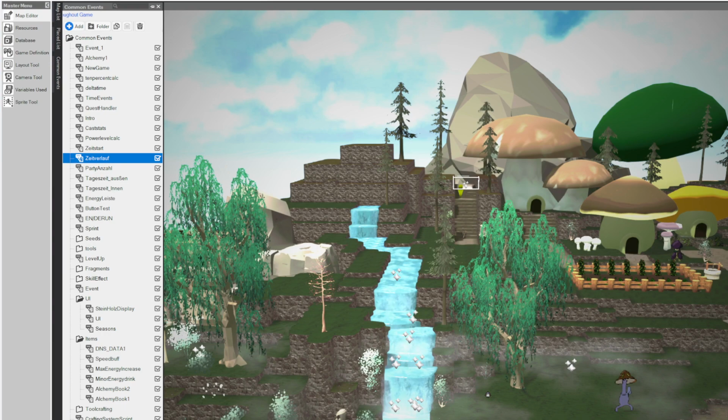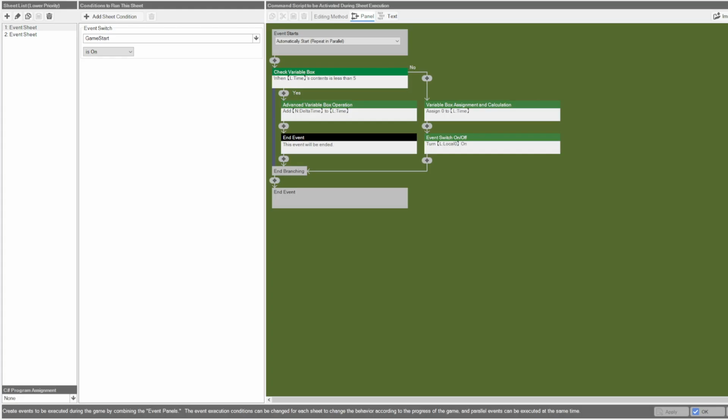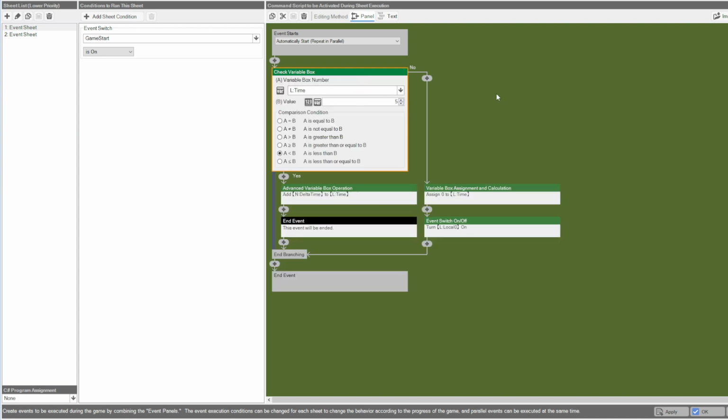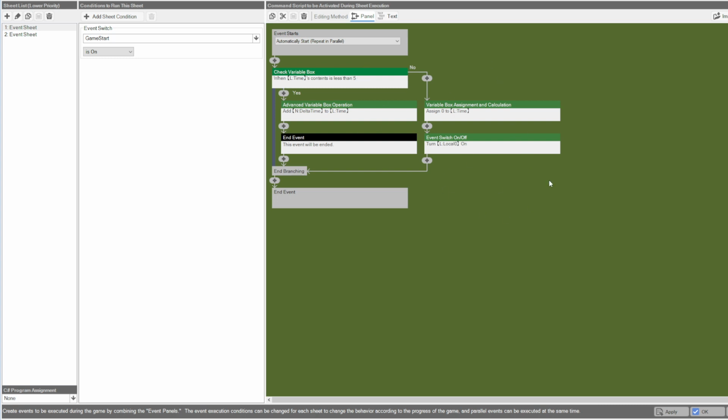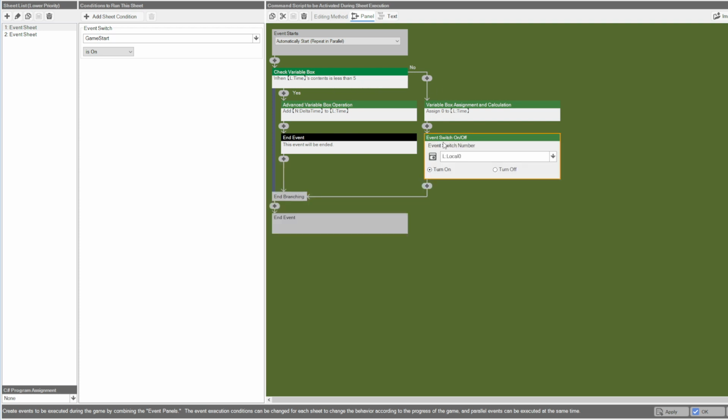Let me open up the actual one. So back to this event. This will be added until it's 5. It's 5 seconds. So if you put 10 in here, it will be 10 seconds basically. Just copy this and you have a good way to make the basic counting of time. So every time this is actually 5, a switch gets turned on,